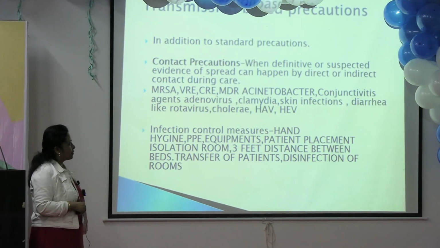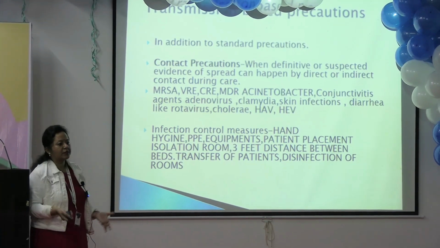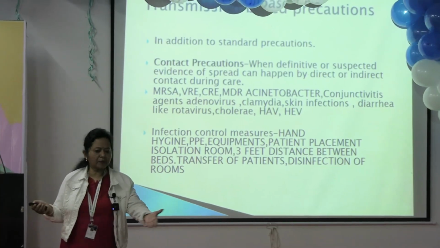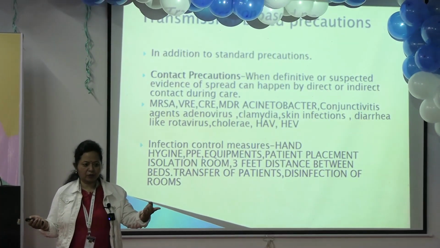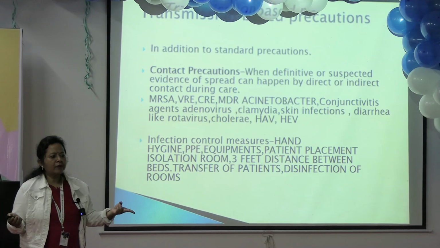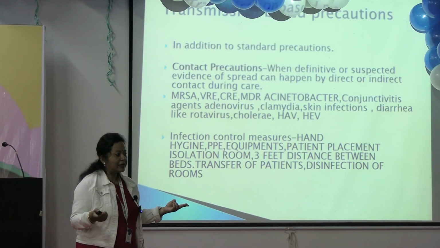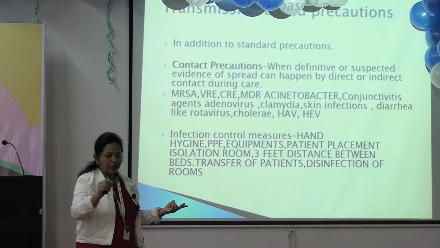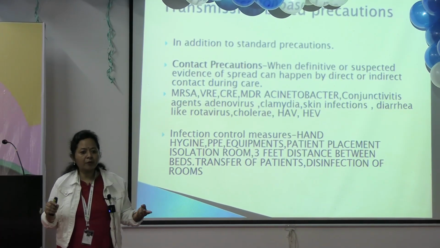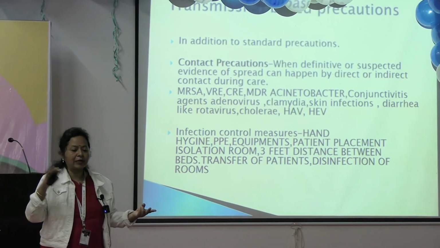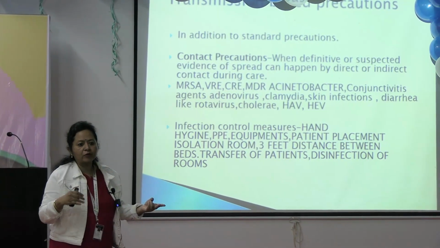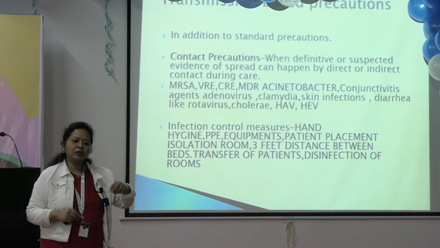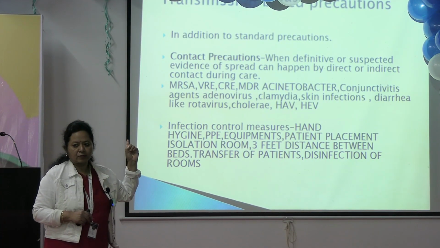So how will you know when a patient is coming to you? How will you know I have to put him in contact precaution or not? First of all, when a patient comes to the emergency, you have to start the standard precautions for all. Okay. And then what happens is, you will have some clinical suspicion. मान लो chicken pox है patient को. You know the lesions of chicken pox. देखने से पता चलता है. So you have some intuition or clinical findings or a differential diagnosis. This is a suspected patient of chicken pox. So you know this patient has to go for isolation and contact precaution. Am I clear?